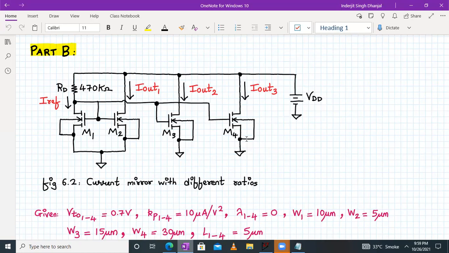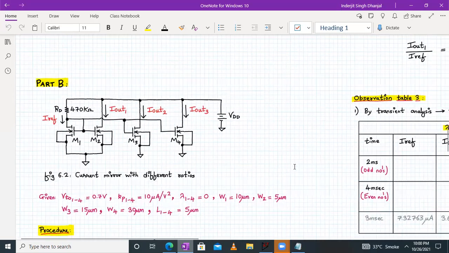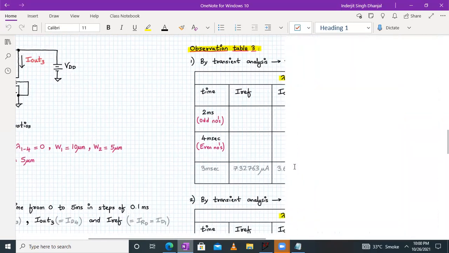First of all, we need to calculate I reference. Then we need to measure I out 1, I out 2, and I out 3 by transient analysis, right? And then finally, we have to plot them and also find the ratio I out 1 divided by I reference, I out 2 divided by I reference, and I out 3 divided by I reference by simulation and by calculation. Okay, for lambda equal to 0 first.